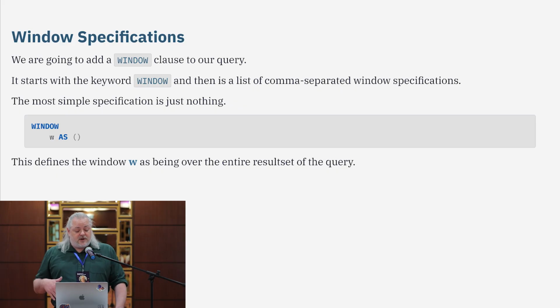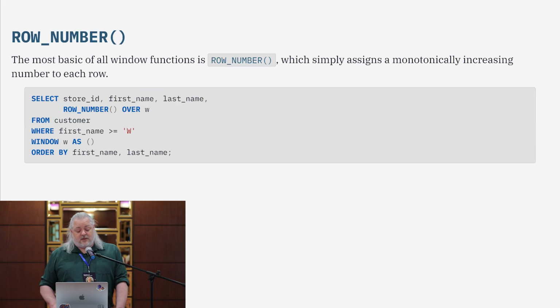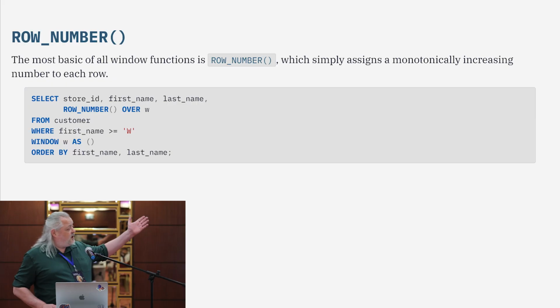This defines the window W as being over the entire result set of the query. Now, to use a window, we need a window function, and the most basic of all window functions is row number. All this does is assign a number from 1 to however many rows there are in the result set, and outputs that. Here we have the same query as before,